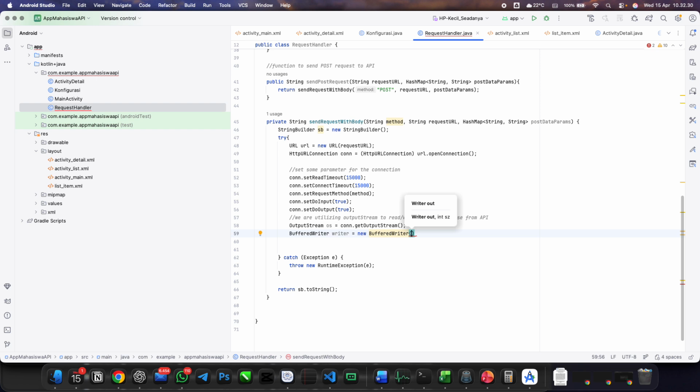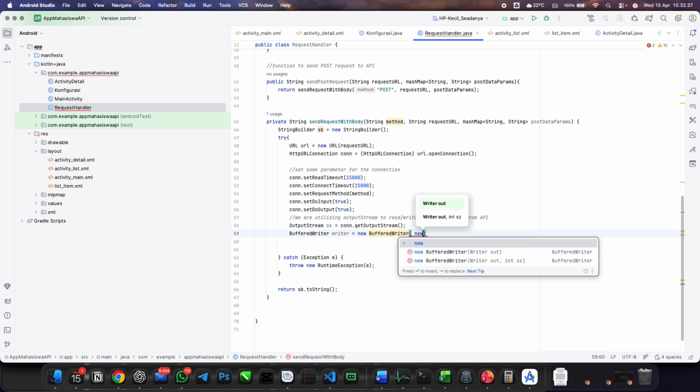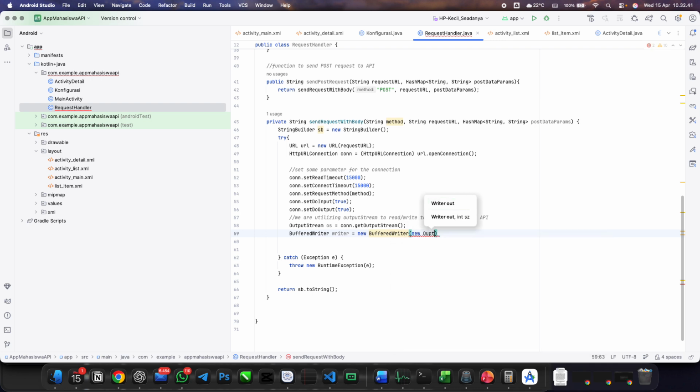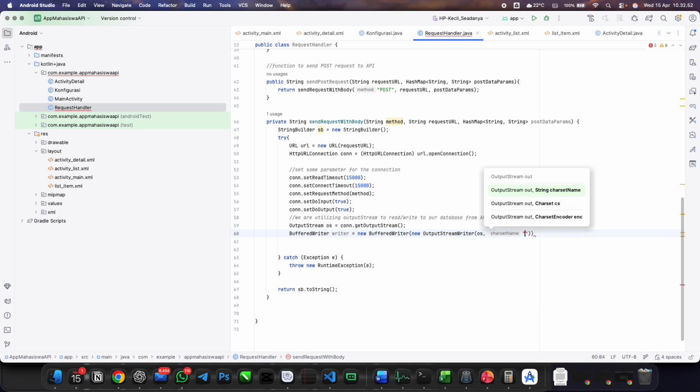Okay, a new output stream writer that will utilize the OS, and the encoding we will use is UTF-8. Yeah, this is the common charset.